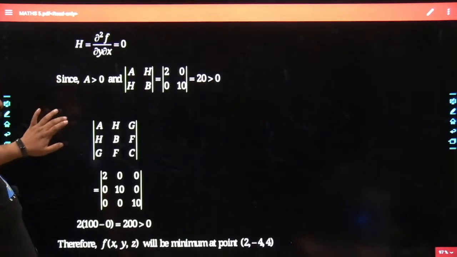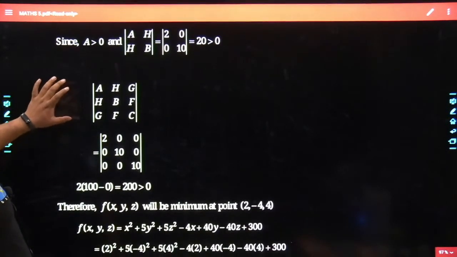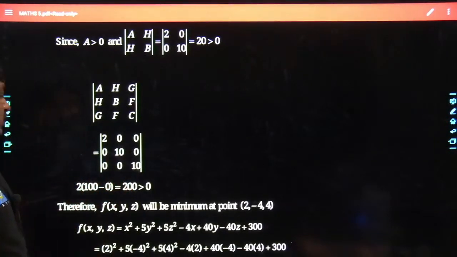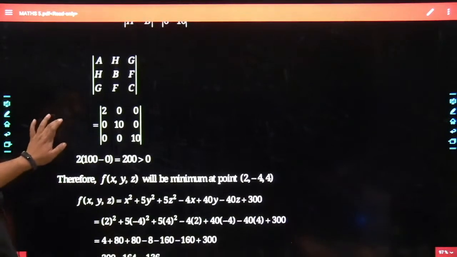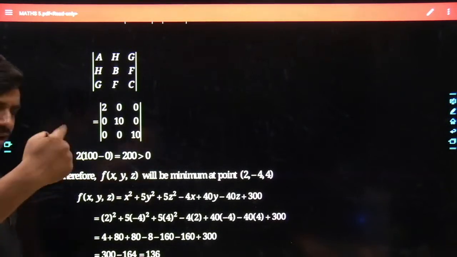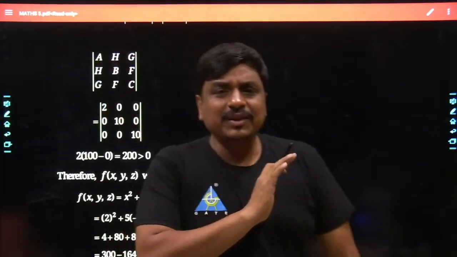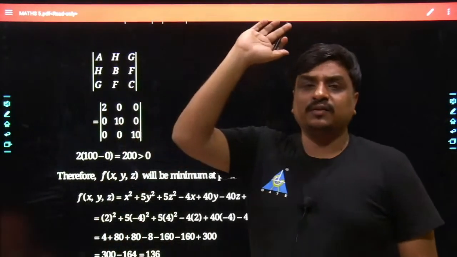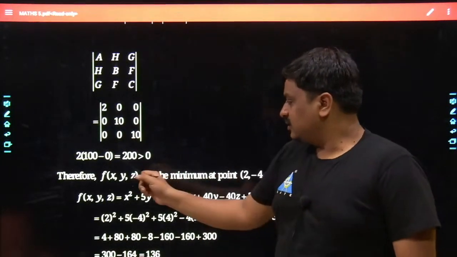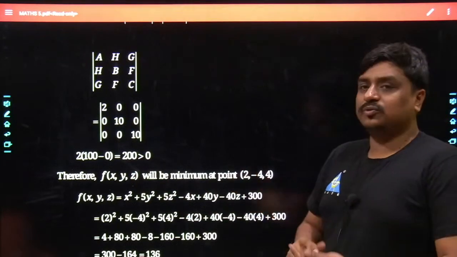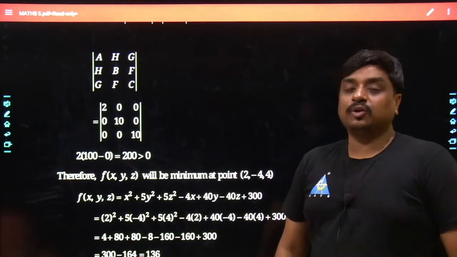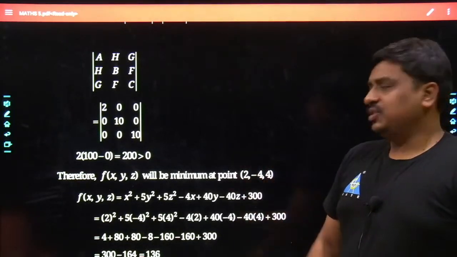Now the next thing is, would it be a maxima or would it be a minima? For that I would take its determinant. The determinant was found greater than 0. What does that mean? That means it was a point of minima as the value is greater than 0. It is the same concept whether you take a function having 1 independent variable, 2 independent variables or 3 independent variables. The same concept goes with this. That means it has been the minima over the complete range of x, y, z.